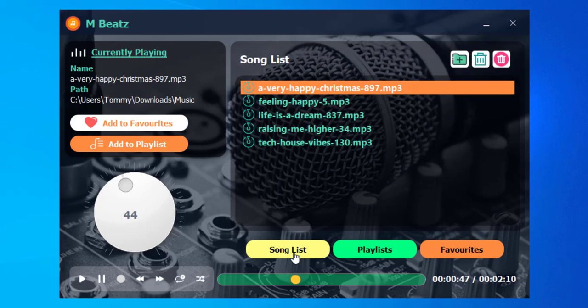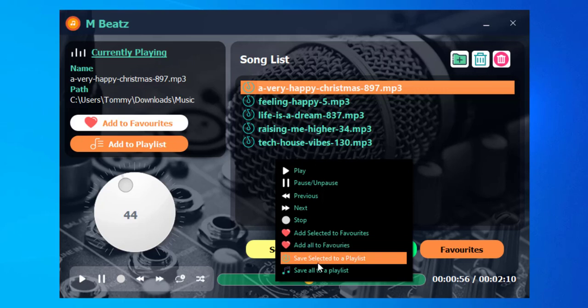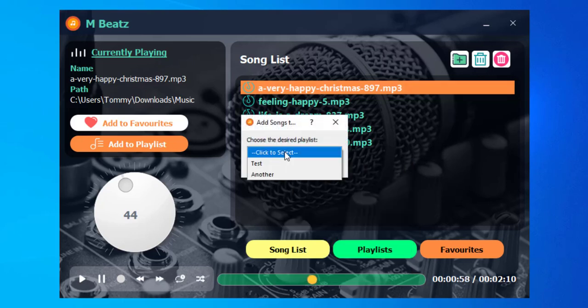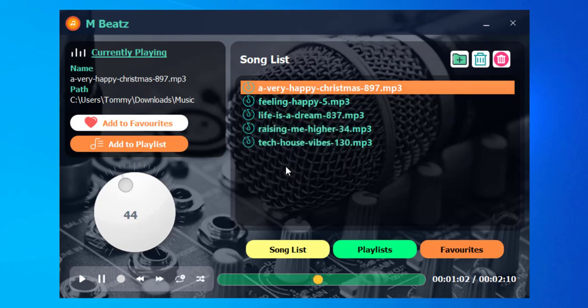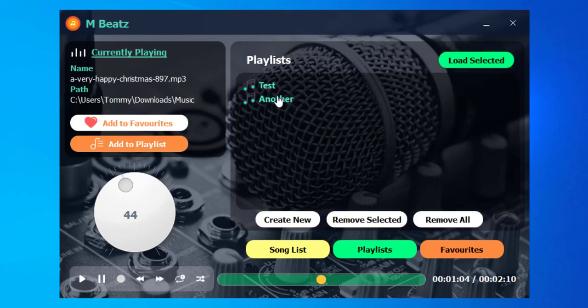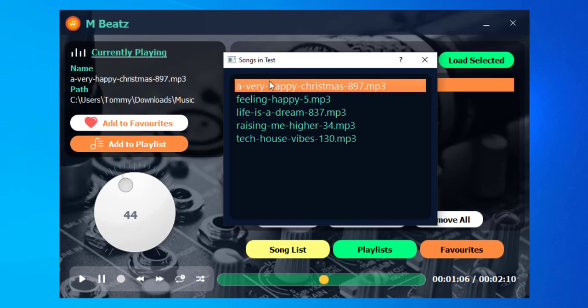So let me come back to the song list and then now add all of these. There's the option to add all of these songs, the currently loaded ones, to a playlist. I can just right click and then save all to a playlist. Choose test. Yes, test is okay. Then okay. When I come back, double click on test, you see that all the songs that are now in